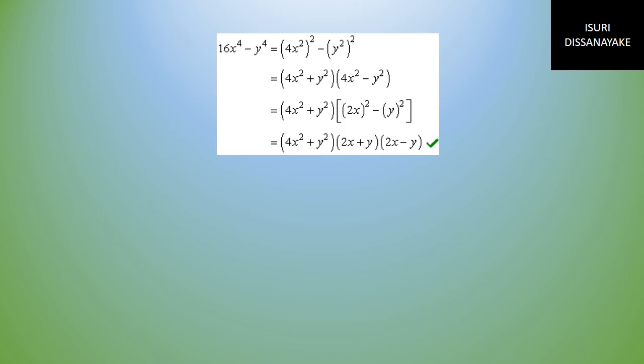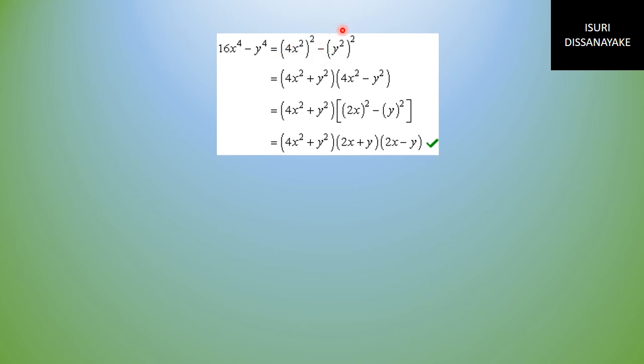16x to the power 4. So I will write 16 as 4 squared, and x to the power 4 I will write as x squared, that to the power 2. So you can see here 2 times 2, you will get 4, as well as 4 squared is 16. So y to the power 4 also I will write in the same way: y squared, that to the power 2. Now I have